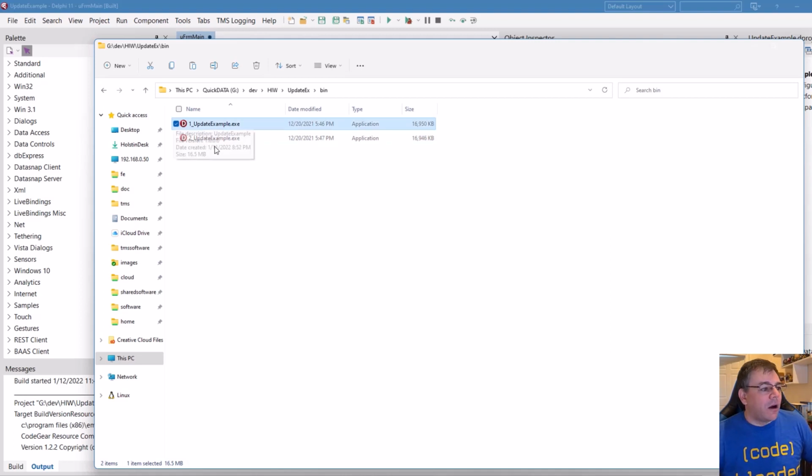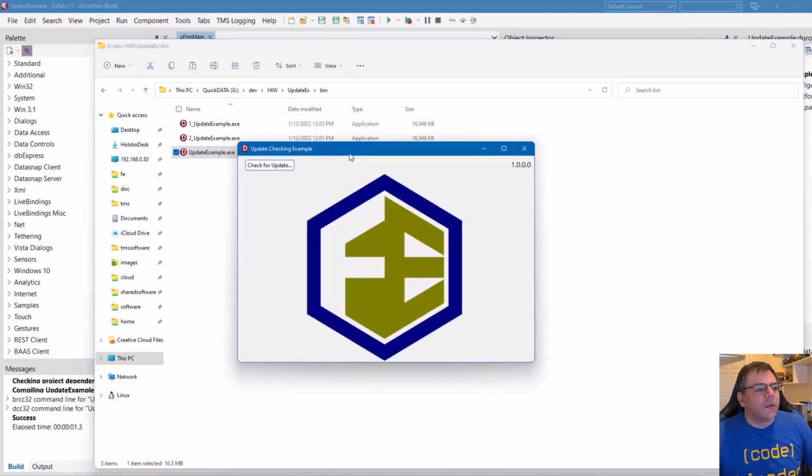So let's make a copy of version 1 and rename it to update example and start it. Right away, we see that update example version 1 looks completely different from version 2. Version 2 has the TMS logo, and this one has the Flix Engineering's logo. So clicking check for update should now tell us there is a new version because we prepared an INF file